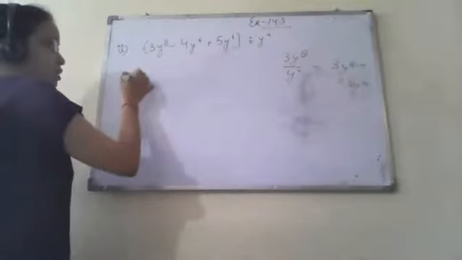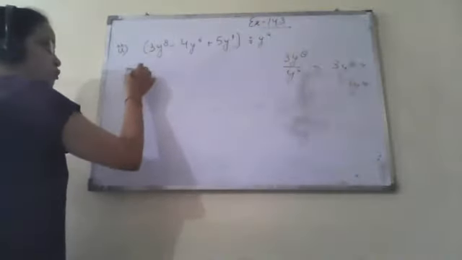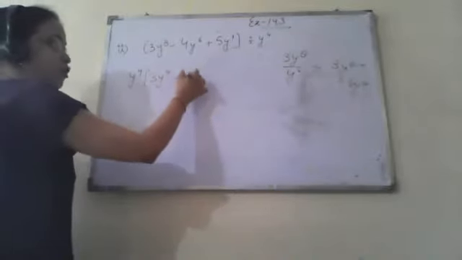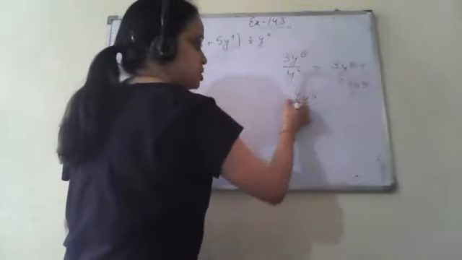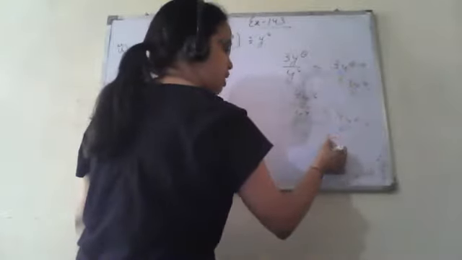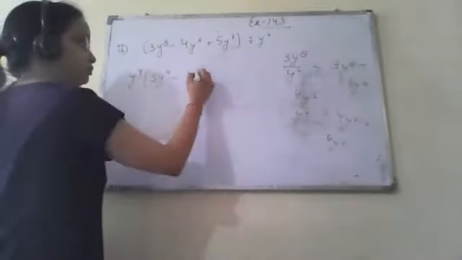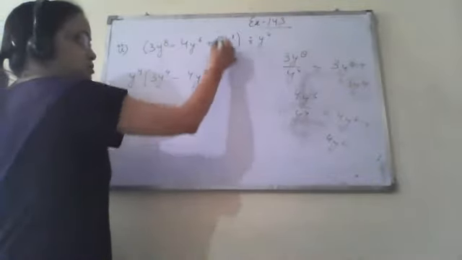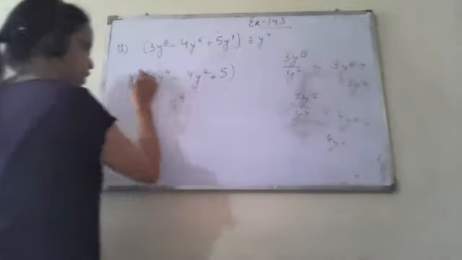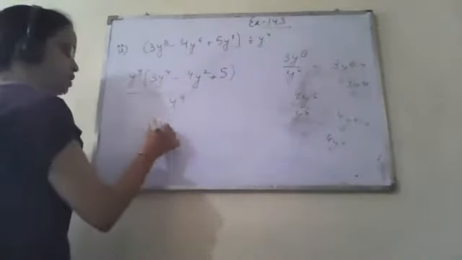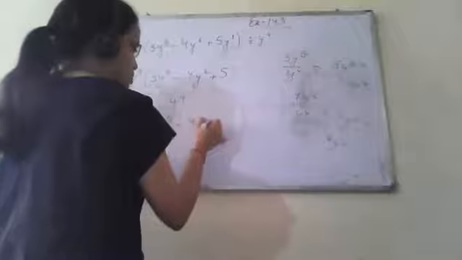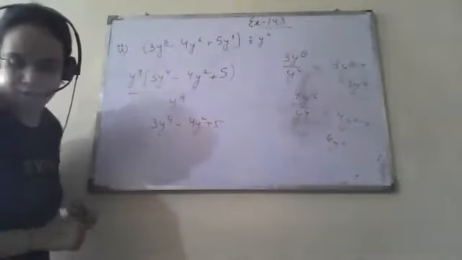If we are taking y raised to power 4 from each expression, it will become 3y raised to power 4 minus 4, that is y raised to power 6 divided by y raised to power 4. It will become 4y square, and this will become 5, and we have to divide this expression by y raised to power 4, so it will get cancelled out and the answer will be 3y raised to power 4 minus 4y square plus 5. Okay,